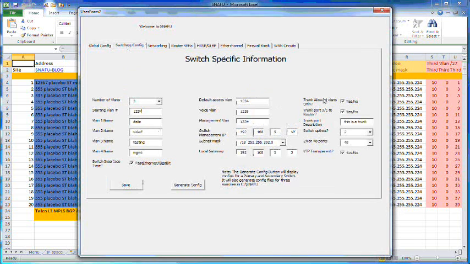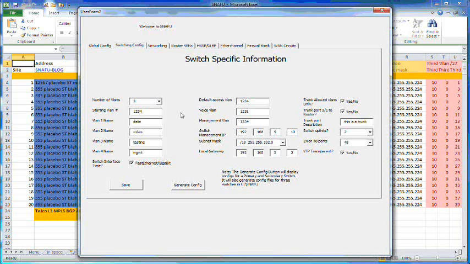Okay, let's go ahead and take a look at the next tab, which is the switch config tab. This will generate config files for 3 switches in a diamond shape, trunks between all 3. Let's go ahead and take a look at the first column. As you can see, you can put in the number of VLANs up to 4, the first entry. You put in your starting VLAN. You can put in the names for up to 4 VLANs as well,